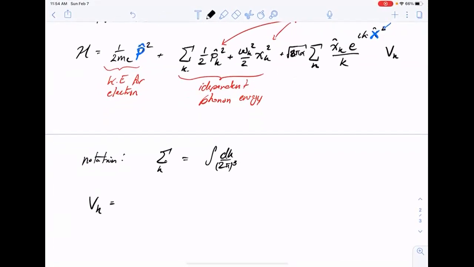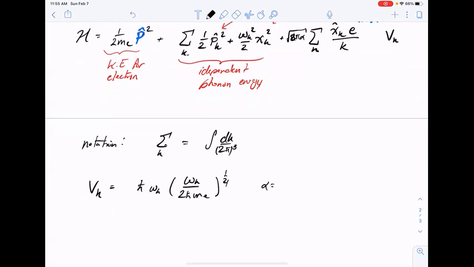This kernel, V of k, the strength of that charge-dipole interaction, if you work out the continuum electrostatics, will go like the frequency of each of those oscillators, essentially times how much displacement I expect to get due to the charge. So there's factors of the frequency and the band mass of that electron. And finally, this alpha, the dimensionless coupling constant,